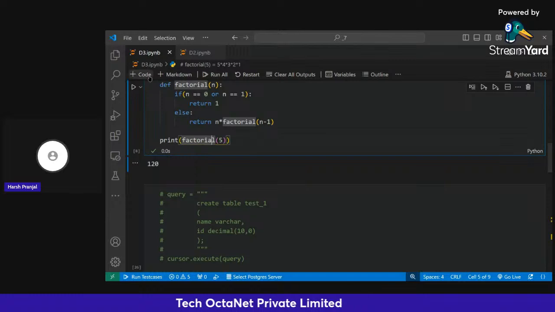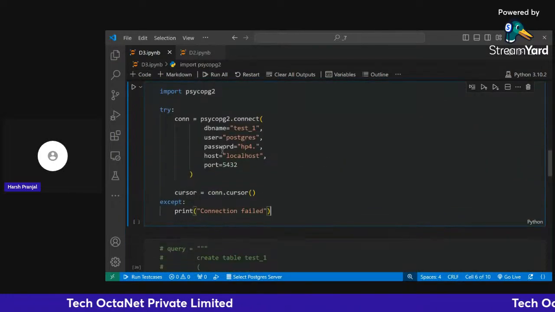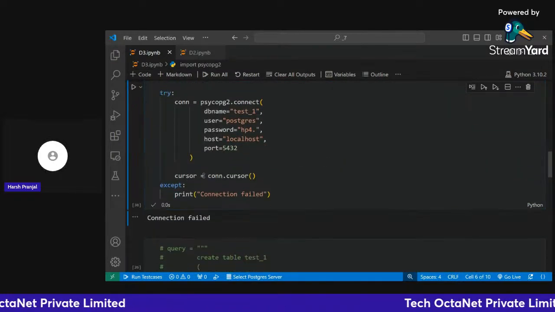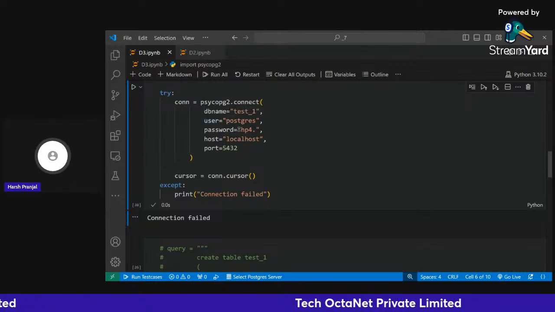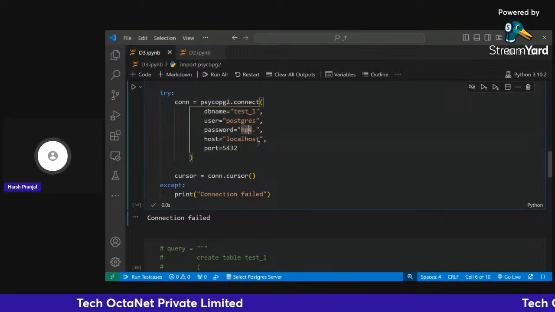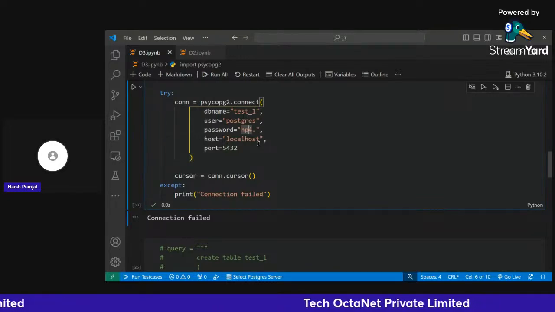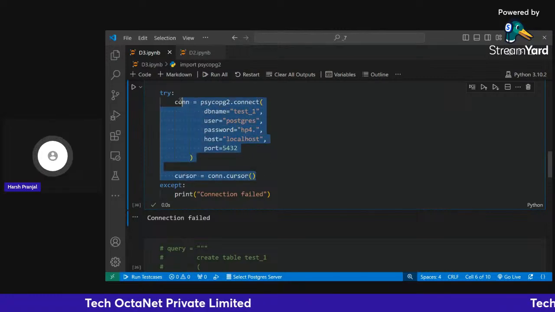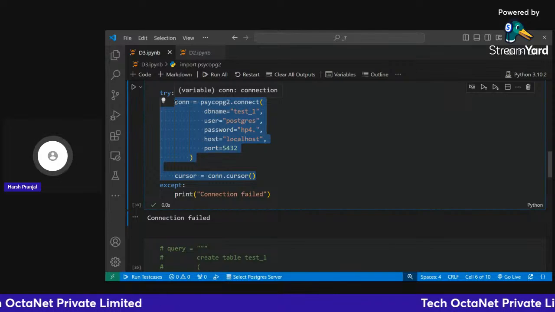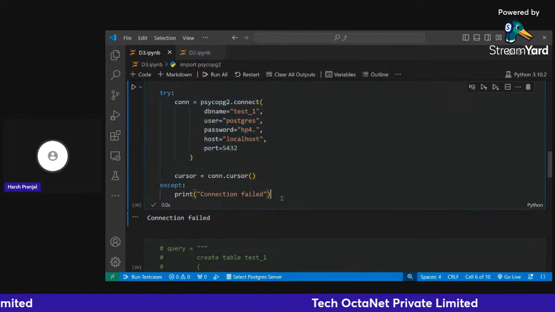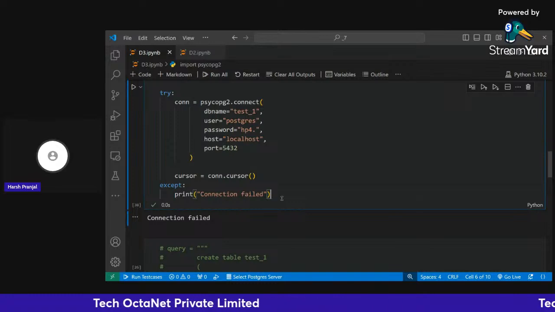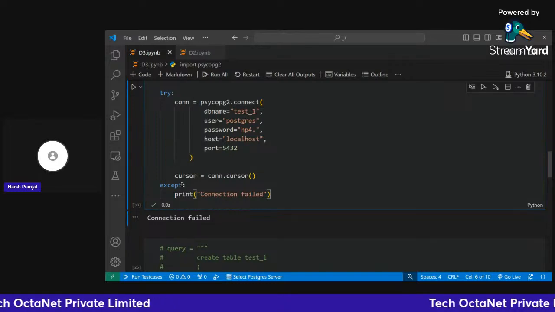So, query block. Okay, this is the connection block. See, we are trying to connect to the database, but the password is wrong. If I execute it without the try except block, we will get an error, right? But while using the try except block, whenever you face an error inside the try block, the except block will be executed. The except block will be executed, right? And the exception will be,